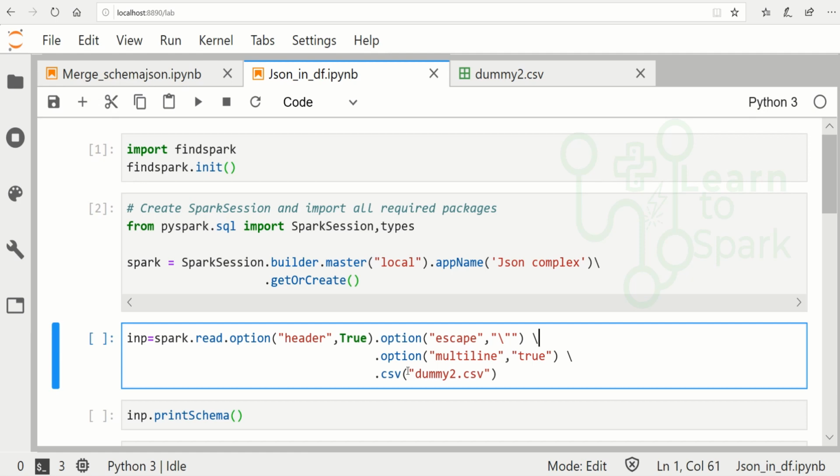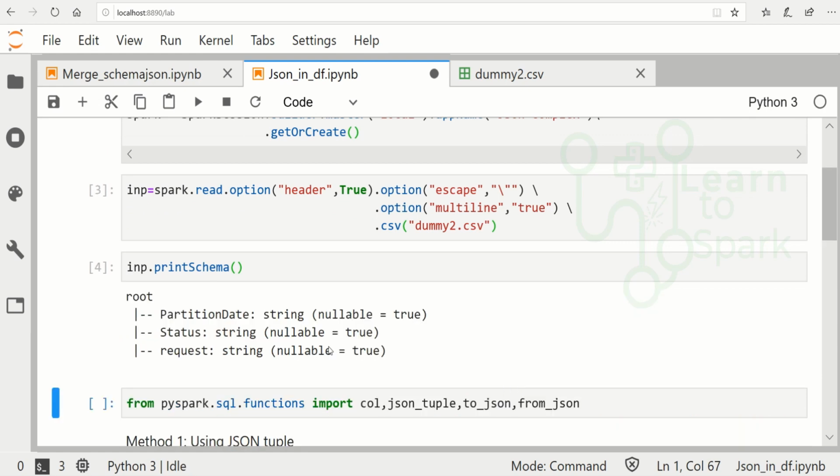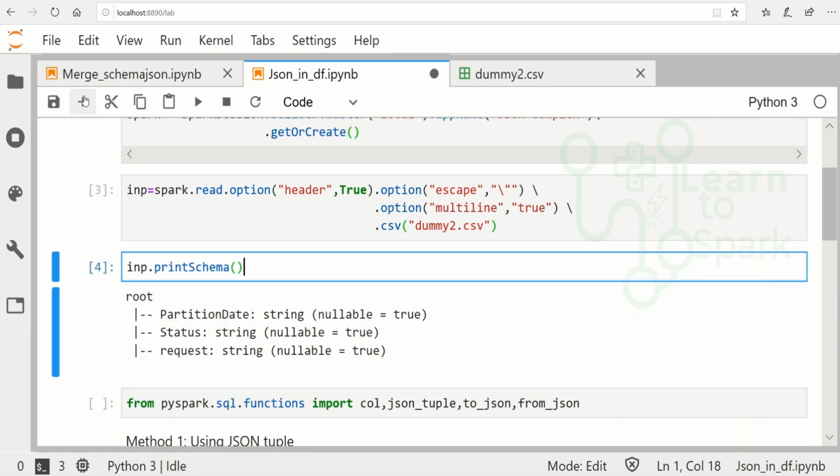There might also be a chance of a multi-line file if a long request comes in, so I am setting multiline as true, and finally I am reading the CSV file. Let me execute this command, print the schema, and also show the content.